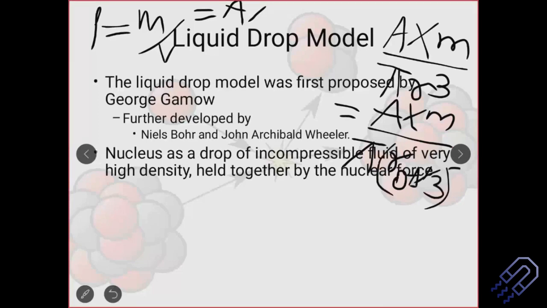Okay, I think you can do the sum here. This 3 gets cancelled, and then obviously we have just this. So this will get cancelled. We have got just A. This A and A will also get cancelled. So it is nothing but m divided by pi r naught cubed. And what is r naught? 1.2 into 10 to the power minus 15 meter. So that means there is no dependency of A. So that is very important. This theory is actually important to understand.